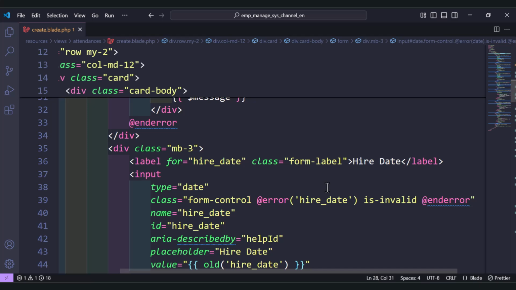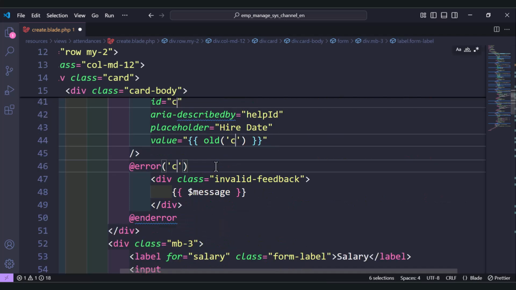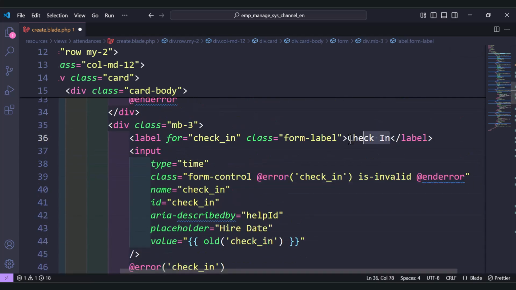So the next field is the check-in. So the check-in, as we said, will be a time. So the type here will be time, so we can choose, as I said, time like this, hours and minutes. Okay, so let's change it here to check in, and let's change the name of the field from hire date to check-in. Same thing for